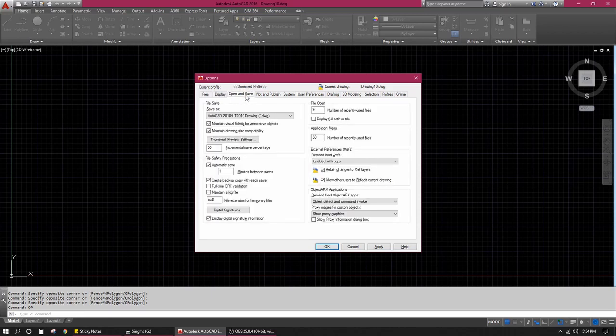Now in open and save, the first option that I see is save as, right? So I always keep the save as output format to be AutoCAD 2010. Because what happens usually is that, suppose you make a drawing, you prepare a sheet, and you take it to the printing shop to get it plotted or whatever, or you want to publish it someplace, or transfer it to a friend or a colleague. But what happens a lot of times is that they don't have the updated version of AutoCAD which you are using, right? So they're not able to open it, they're not able to view it, they're not able to edit it.